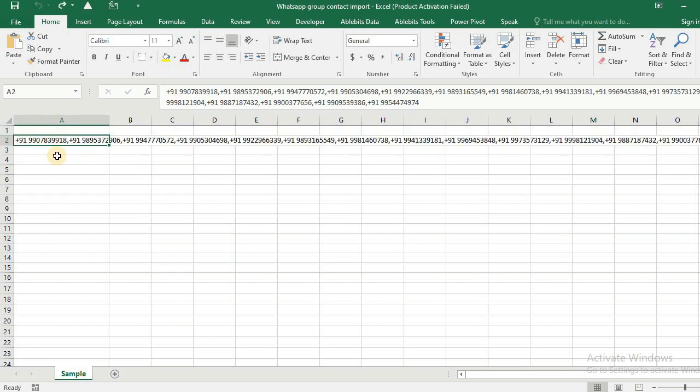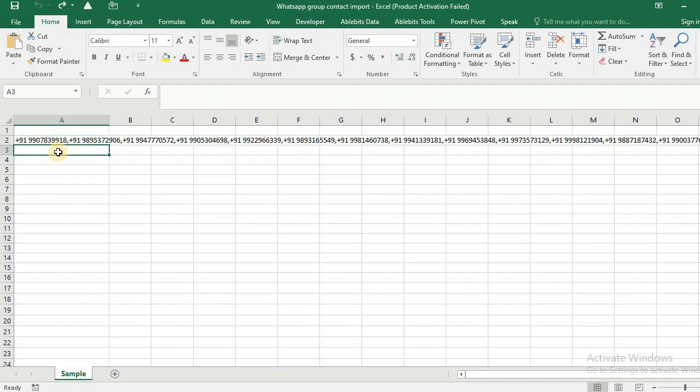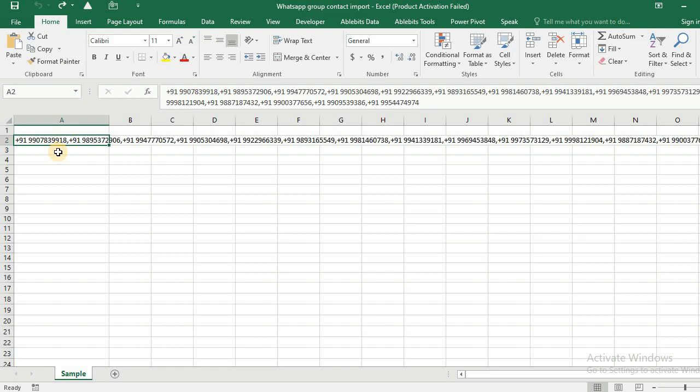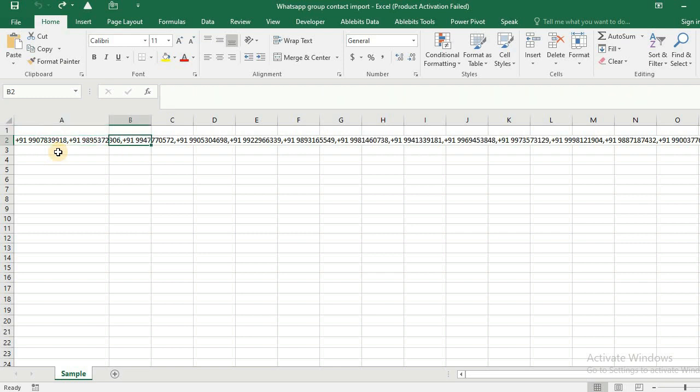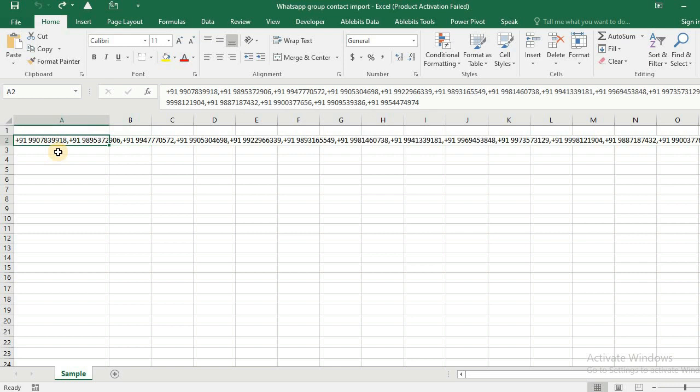So when we copy the element from WhatsApp Web, we get to find something. If you observe properly, these all numbers are situated in cell A2, that is in a single cell. So this will not serve our purpose. So the next thing that we need to do is we will separate all these numbers into separate columns. How can you do that? We can do that with text to columns.